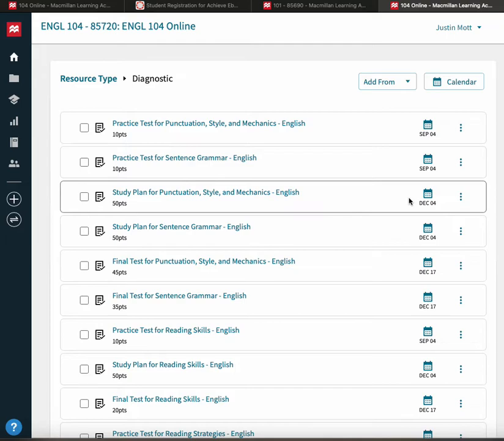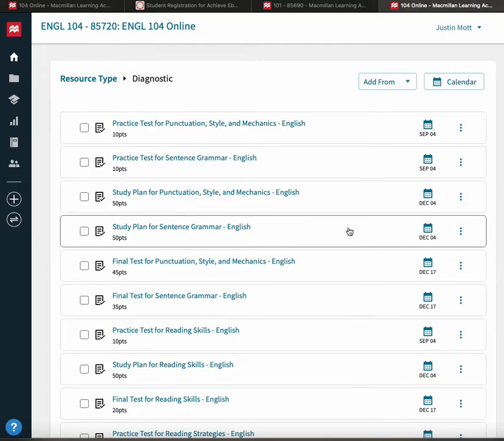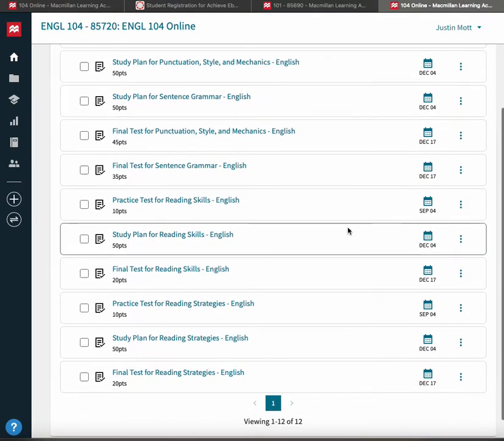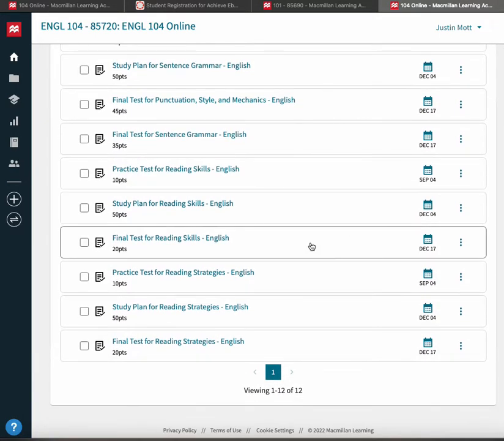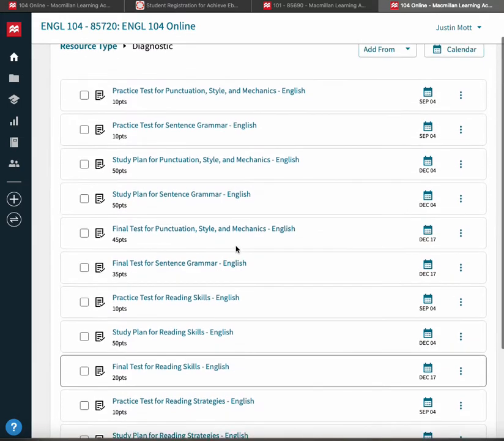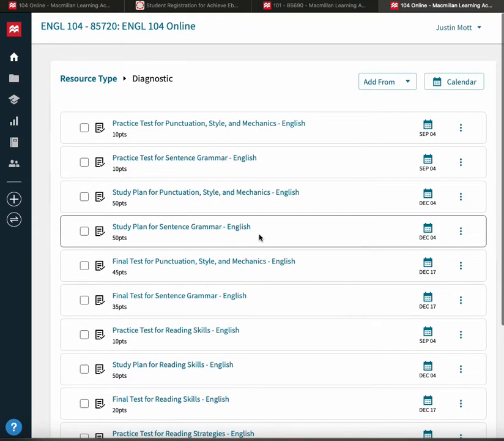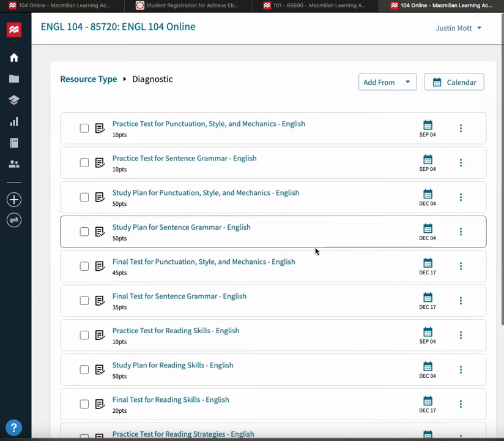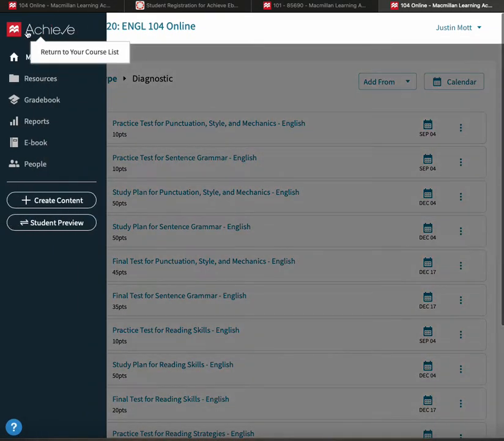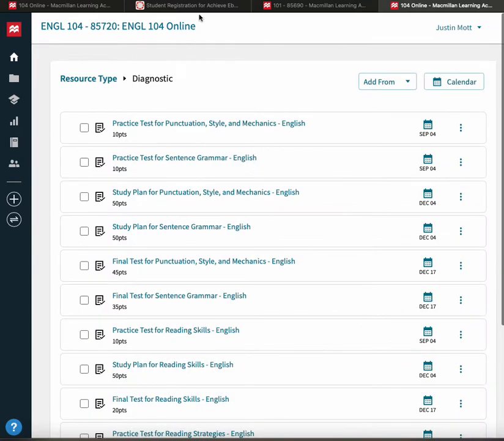I've put little reminders on the week info and the schedule on the syllabus to hopefully remind you to be working on those. And then at the end, once you've completed your study plan, you'll be able to take a final test to see how much you've grown through the study plan. So real cool thing, and it helps you out in some really important areas. So that's pretty much it as far as the textbook goes.